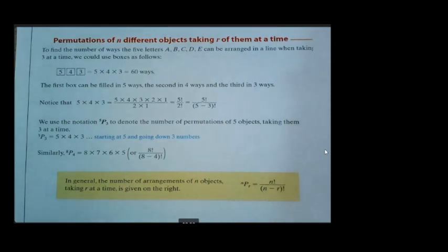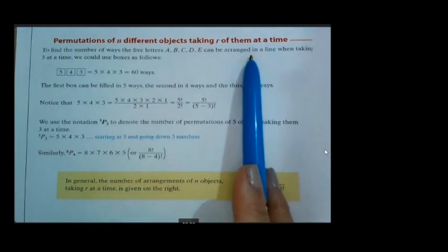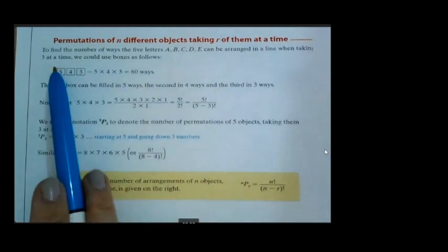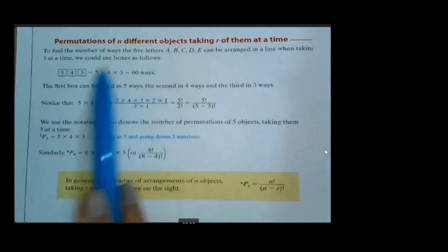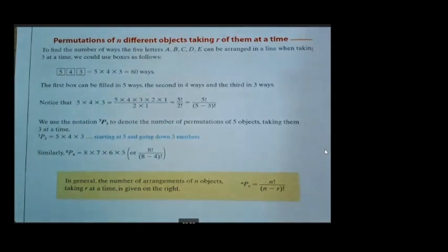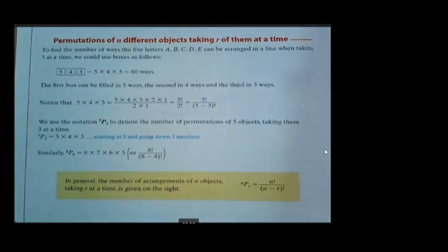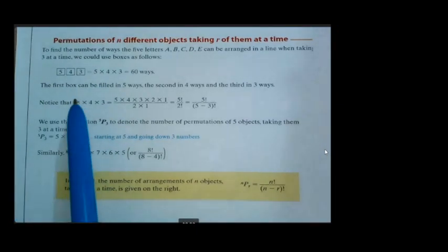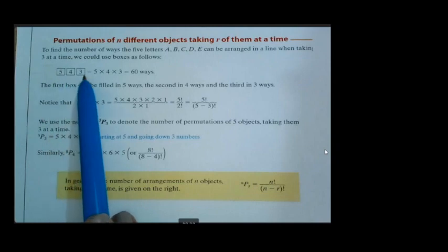But if you are asked that, for example, find the number of ways the 5 letters A, B, C, D, E can be arranged in a line when taking 3 of them at a time. And of course, if you're talking about 3 of them at a time, you can just do your boxes as they have here, or the dashes like the way I was doing, and just consider that there's 5 options for the first, 4 for the second, and 3 for the